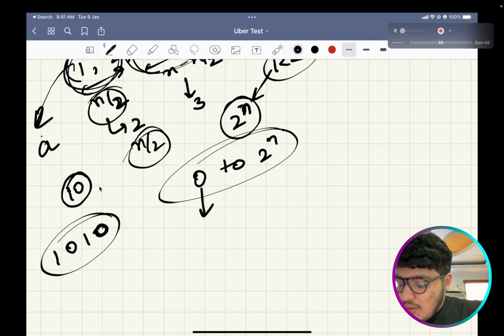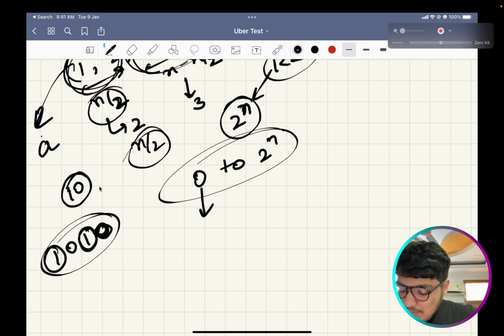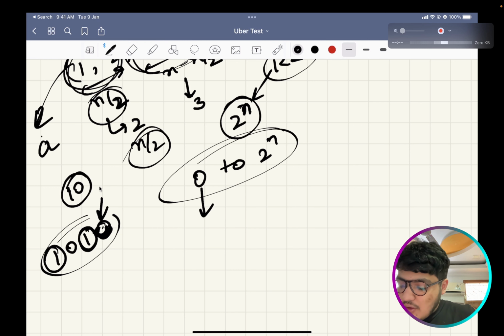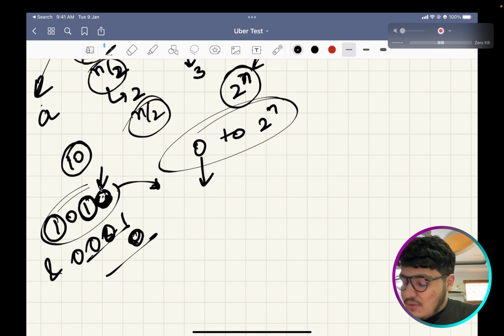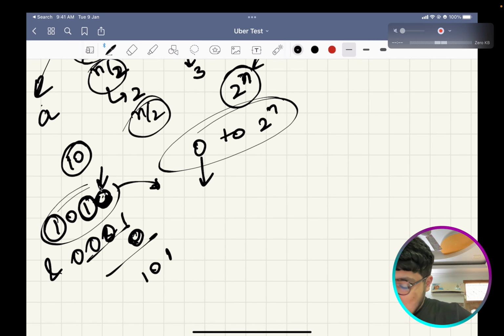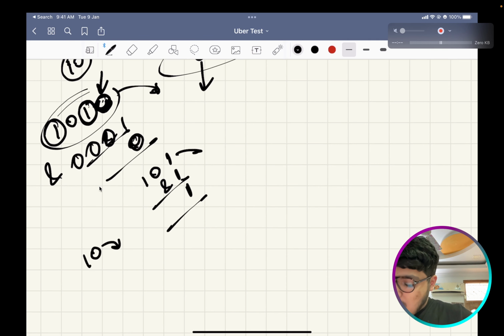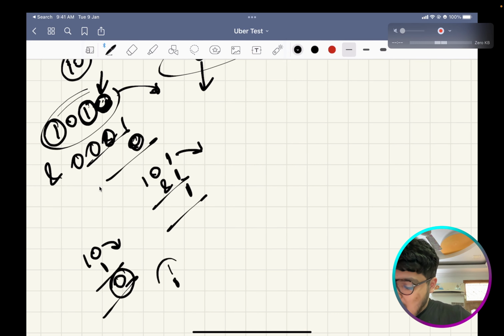What I am going to do is check the set bits. How would I check it? I'll start my while loop from here. I do this AND: AND with 1 gives 0, since the last bit is 0. Now I'll be shifting it to the right, so my new value to check would be this one. AND with 1 would be 1. Similarly, I would shift it again to the right, so 1 0 would be there. Now I'll get this value as 0, and again I'll get this value as 1.